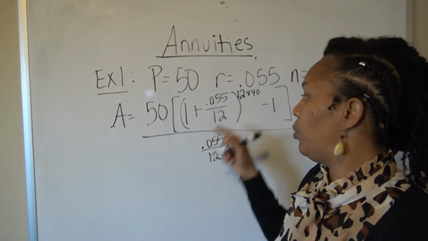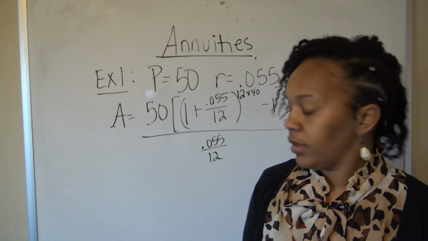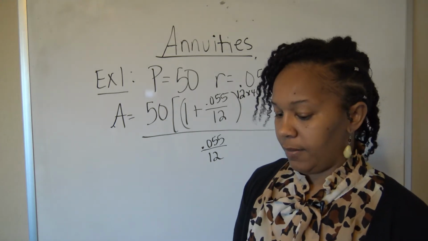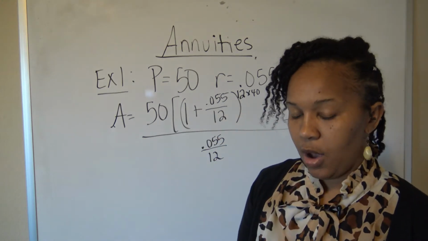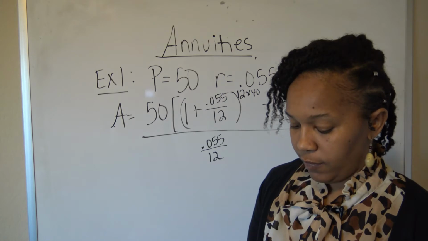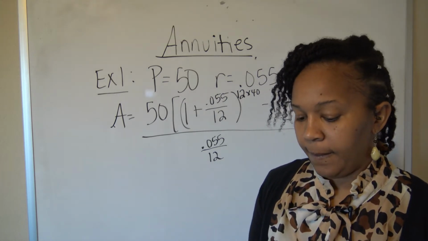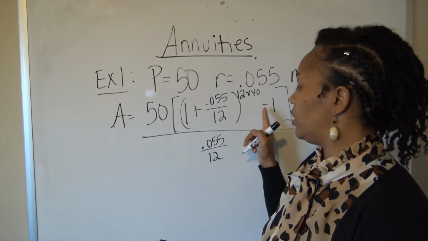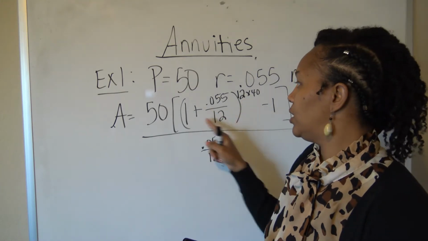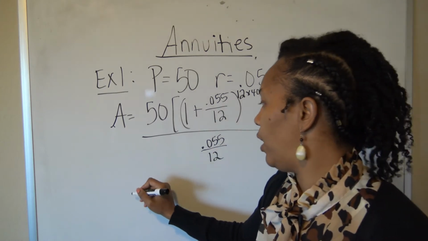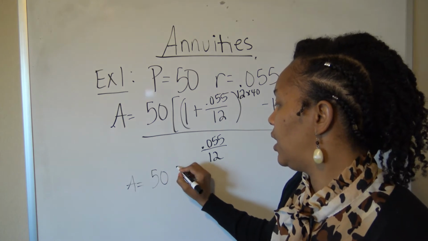So I would start with the 0.055 divided by 12 and then add 1 to that. And once you add 1, you want to raise that to the power of 12 times 40, which is 480. Then you want to subtract 1 from that. Okay, so when I get to this part, I'll write it out for you. I'm actually at 50 times